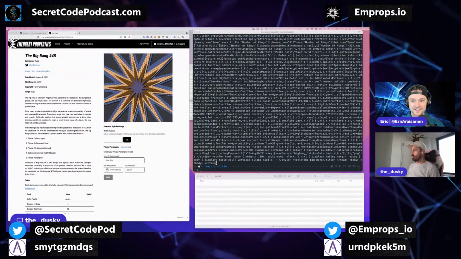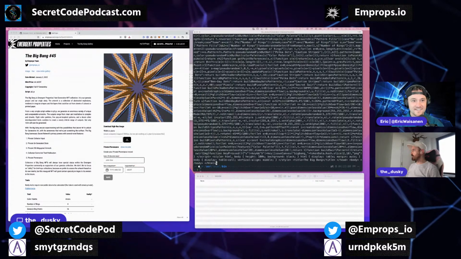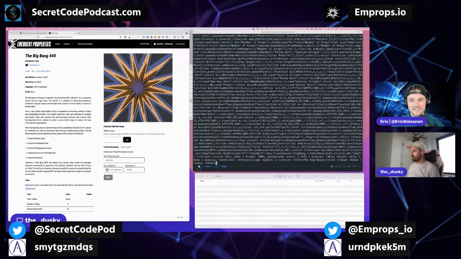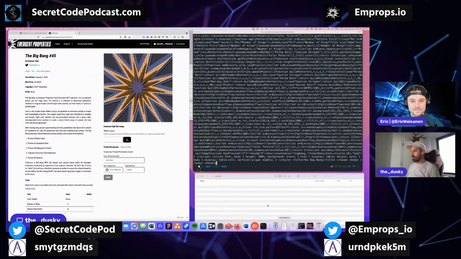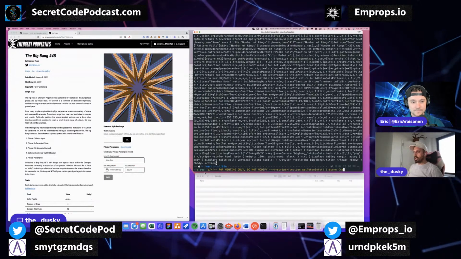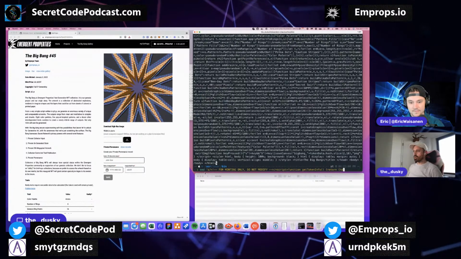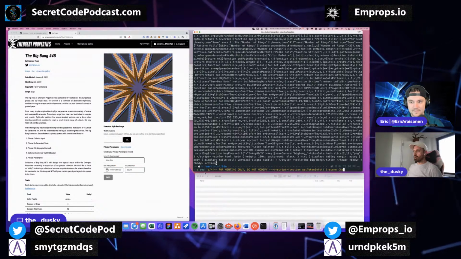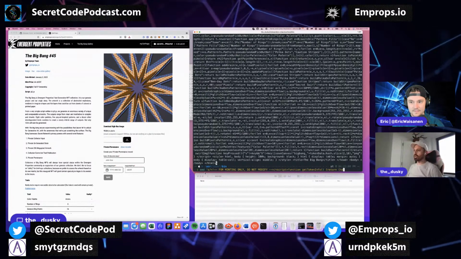Okay. Yeah, absolutely. But what we want to do is this code here. So sed is a string replace function. You can use it for a lot of different things, but we're using it to replace.